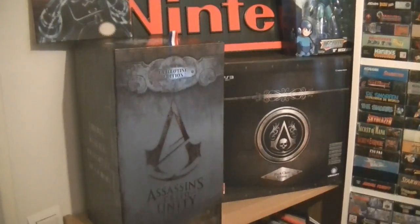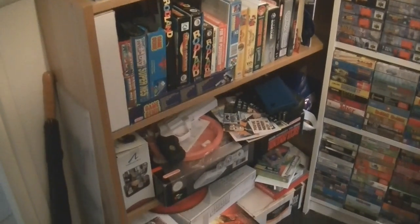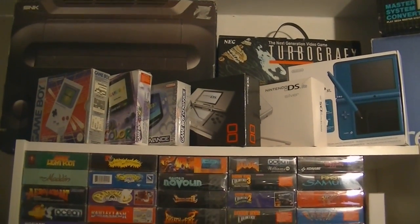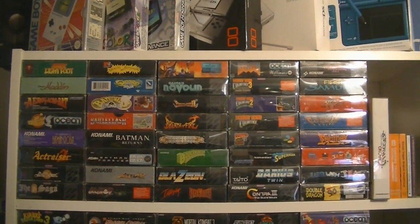Here you see 2 special editions for Assassin's Creed games, both from the Ubisoft store. You saw a World of Nintendo sign, Oddland games here, and this is a cabinet I use for my stuff I haven't organized yet. Then this is the cabinet all about Nintendo. So it's Super Nintendo, Game Boy, Nintendo 64, and as you saw on the top there's also a Neo Geo